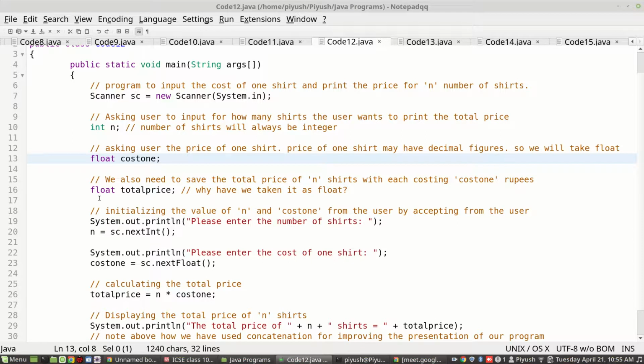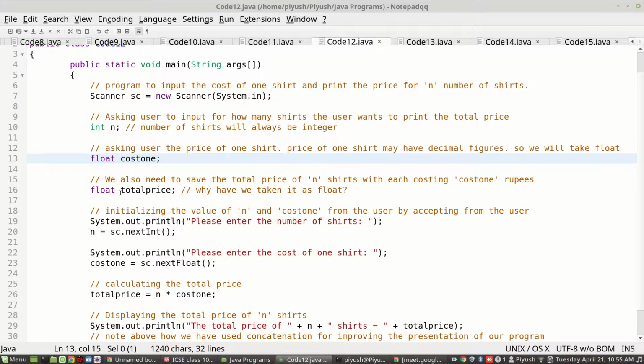So logically total price can be in decimals also, because the price of one shirt can be in decimal. Therefore the total price variable where we will be calculating the total price of all the shirts, we are taking it as a float type.